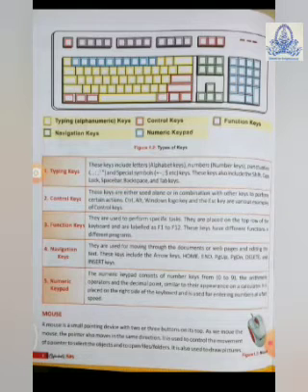Next, coming to another input device, that is called the mouse. Everybody has seen a mouse. What is the use of it? A mouse is a small pointing device with 2 or 3 buttons on its top. Obviously you have seen the mouse. Whenever you see a mouse, there are 3 keys: a left key, a right key, and one circle button. You can move the cursor up and down with it. Okay, so I think there is no need to explain much more about the use of the mouse. Everybody is well acquainted with it.